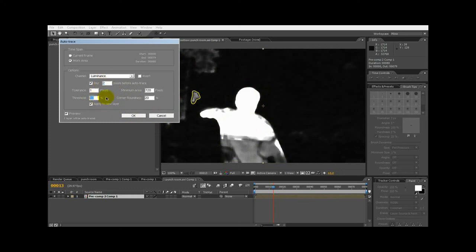Now we've got the blur level at 2, so let's bring the threshold back up and see if we can get, there we go. Threshold 15, try 16, try 20. You basically just have to keep playing with these until you can save as much of that image as possible and not have